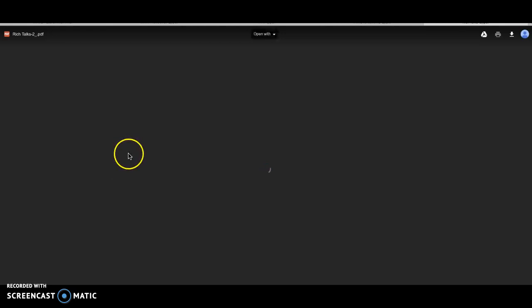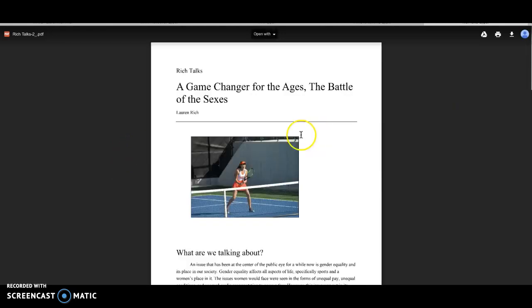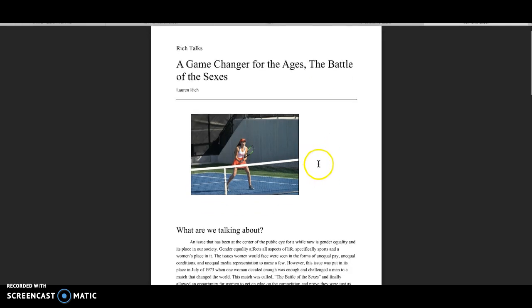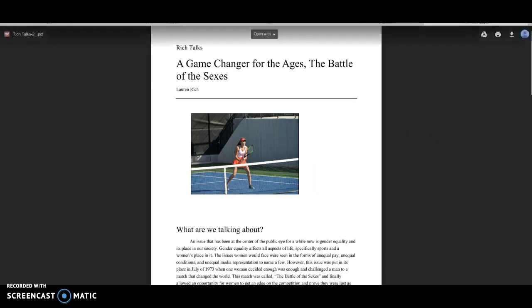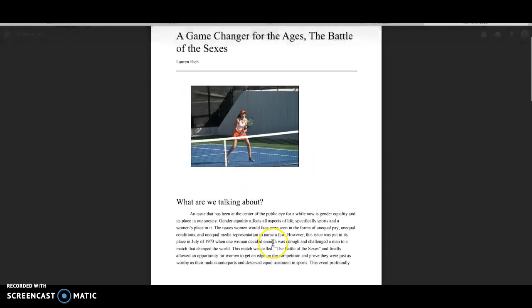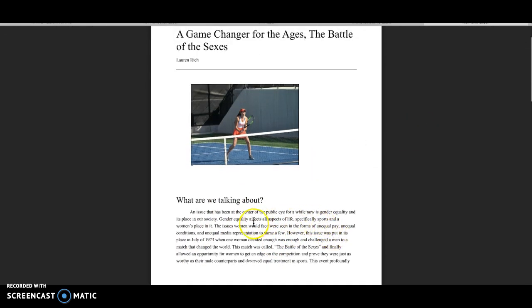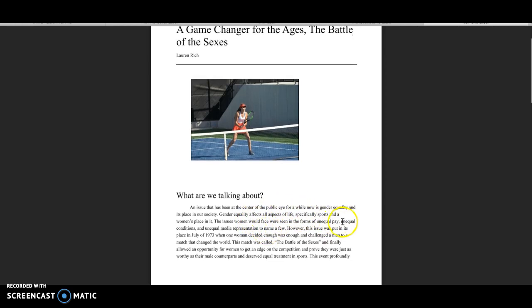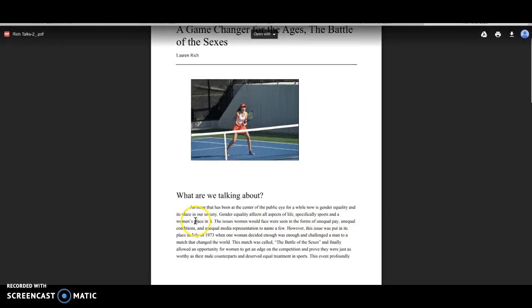MWA2, which is called Bridge Talks, and this one is dealing with the TED Talk document, and mine is about the Battle of the Sexes. And the changes I was told to make on this were, first of all, dealing with some small technical issues, like I had 2 apostrophes at one point right here, and so I just had to go and change that.